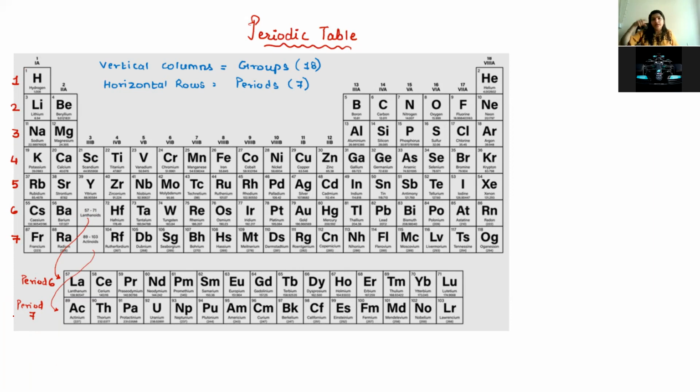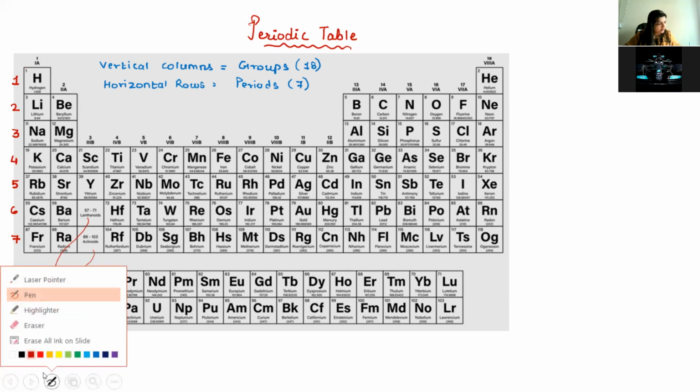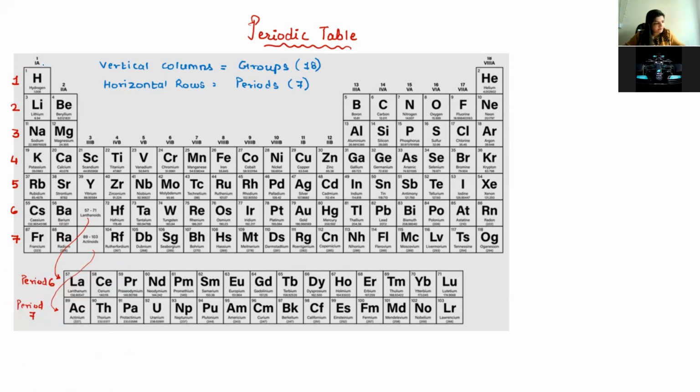Then talking about the vertical columns, which are 18 in number, starting with 1 from here: 1, 2, 3, 4, 5, 6, 7, 8, 9, 10, 11, 12, 13, 14, 15, 16, 17, and 18. Now these 18 groups are classified into,